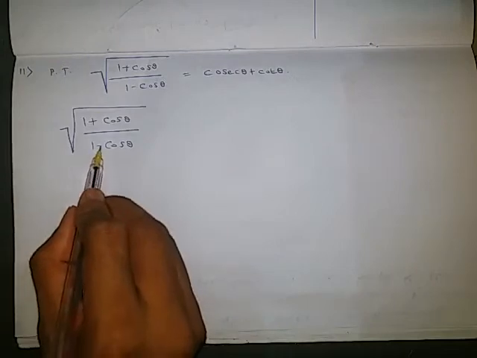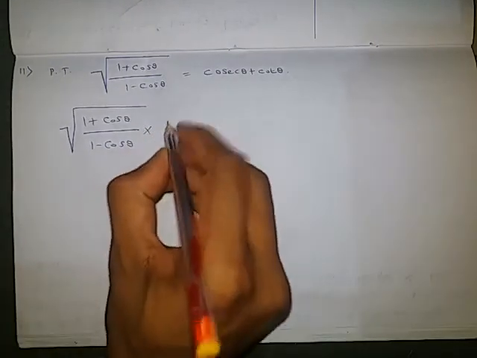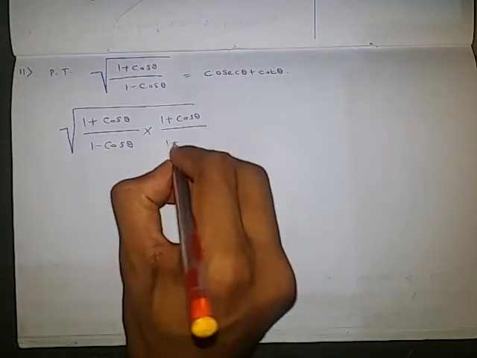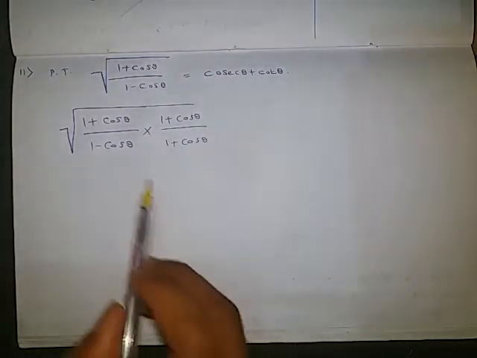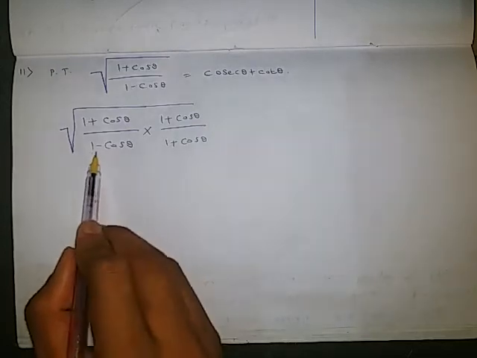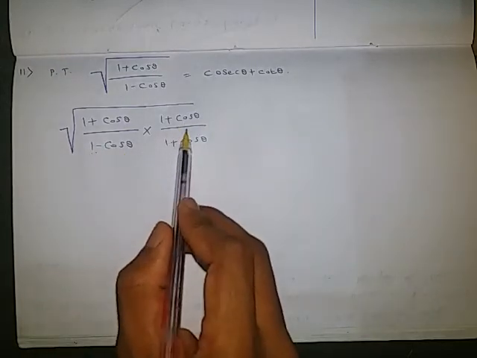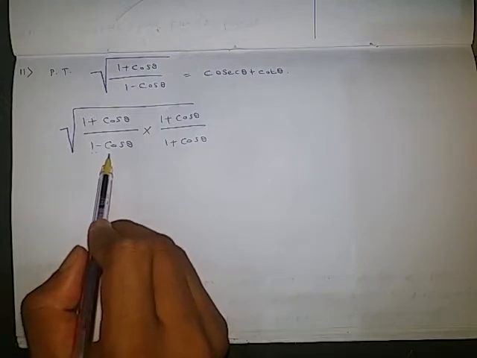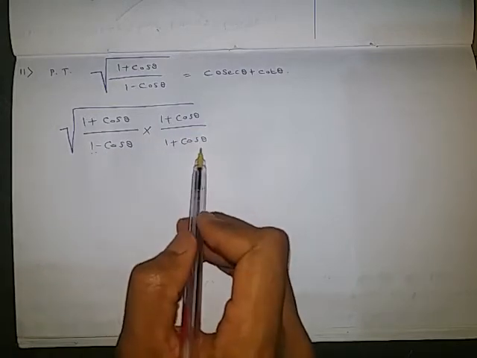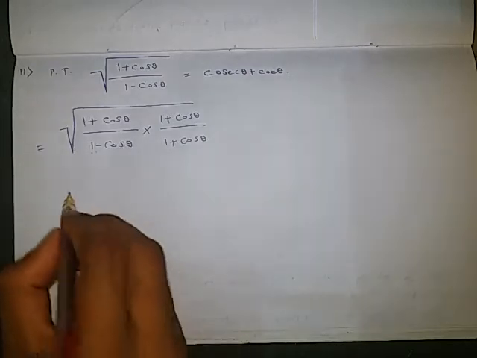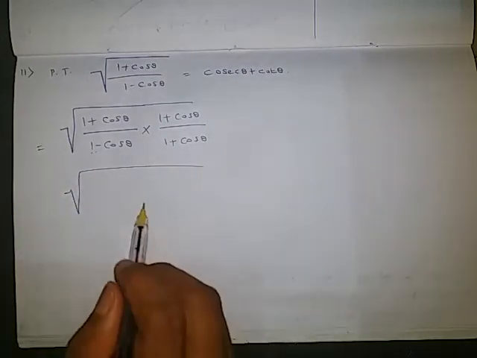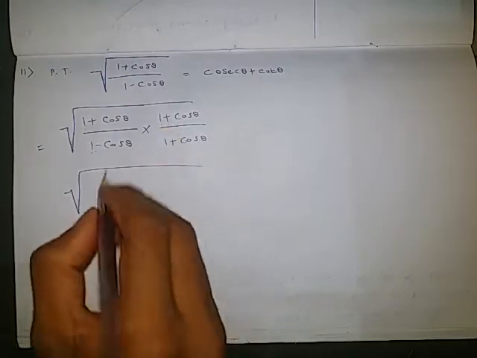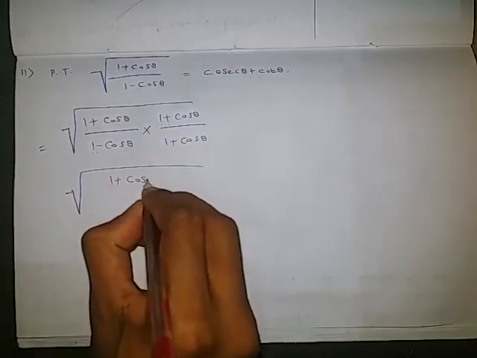So the denominator is 1 minus cos theta. So you multiply and divide by 1 plus cos theta. Simply just change the symbol. Here 1 minus cos theta is there, so you write 1 plus cos theta by 1 plus cos theta. In case you have 1 plus cos theta here, you write 1 minus cos theta by 1 minus cos theta. Okay, next. If you observe the numerator, 1 plus cos theta into 1 plus cos theta,